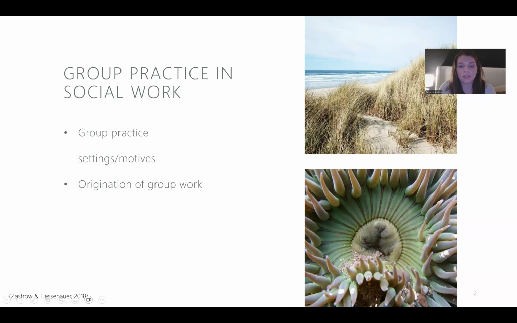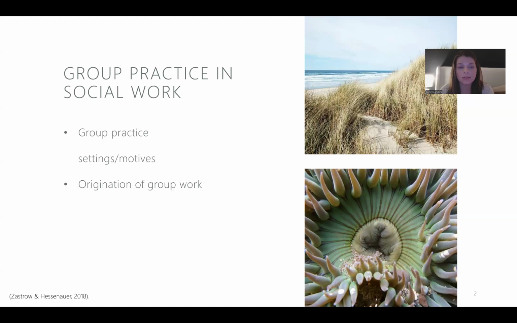So within the field of social work, there are many agencies and professions that utilize group practice, so it's very common. For example, groups can be effective at places like adoption agencies, correctional facilities, rehab centers, family service agencies, nursing homes, mental hospitals, even public schools and community centers, and so many other resources as well. Each group serves a different purpose and has different goals or desires that come from it, ranging from a support group or grief groups or substance abuse counseling groups, or there could be an educational component as well to learn a new skill or develop a deeper understanding of a certain task or a way of life or something like that.